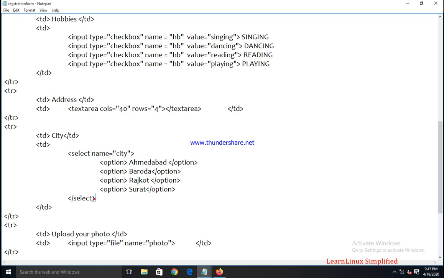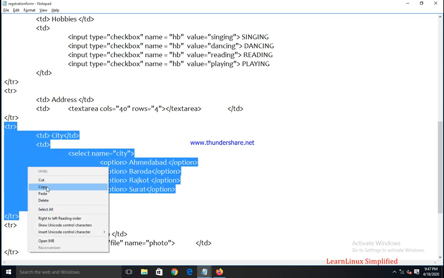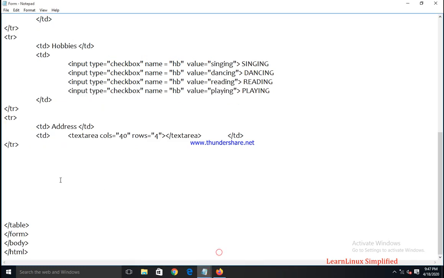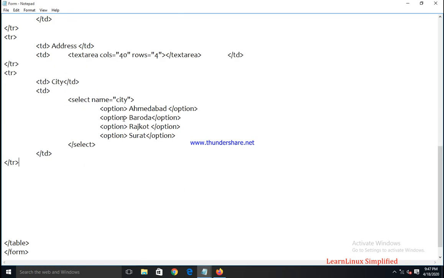See, the select control is a group of two types of tags, select and option. In select we start the selection list, and in option we provide different options within that selection list. So here I am selecting this, copying and pasting into my coding. Now suppose I want to make this option default selected.